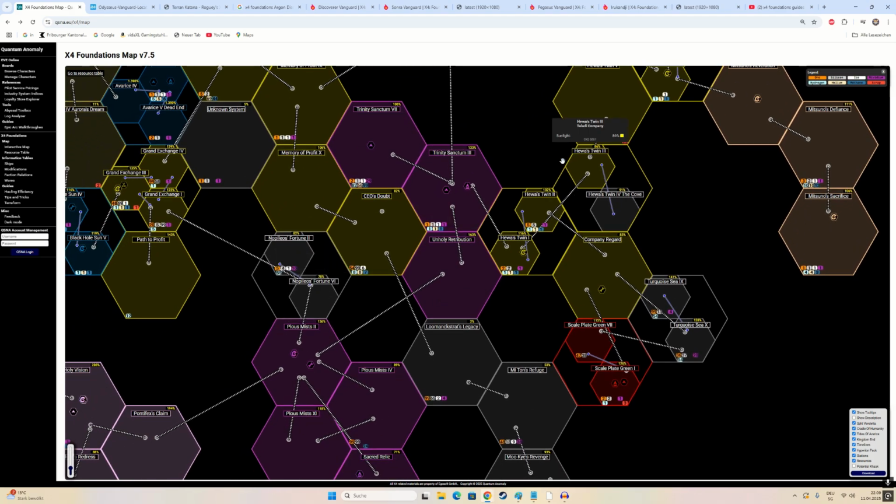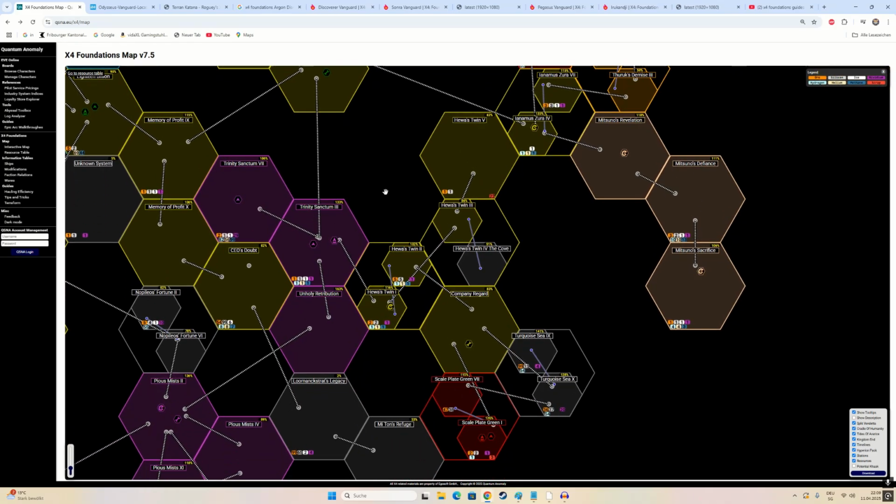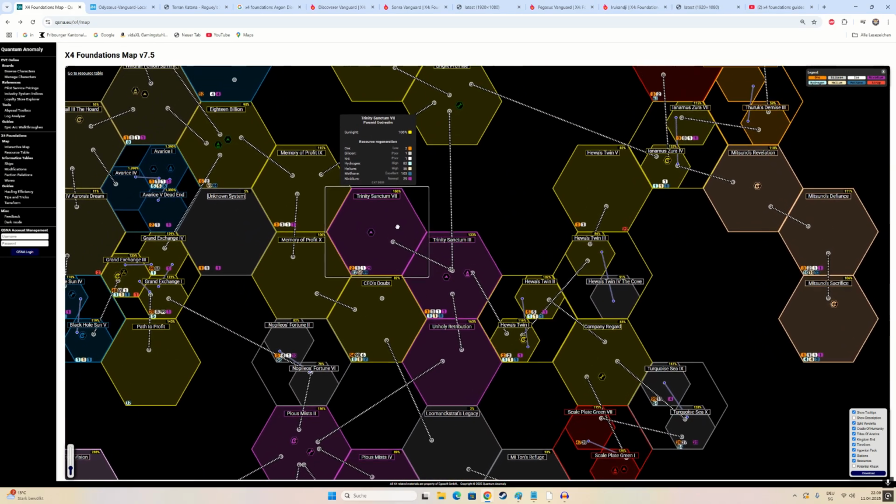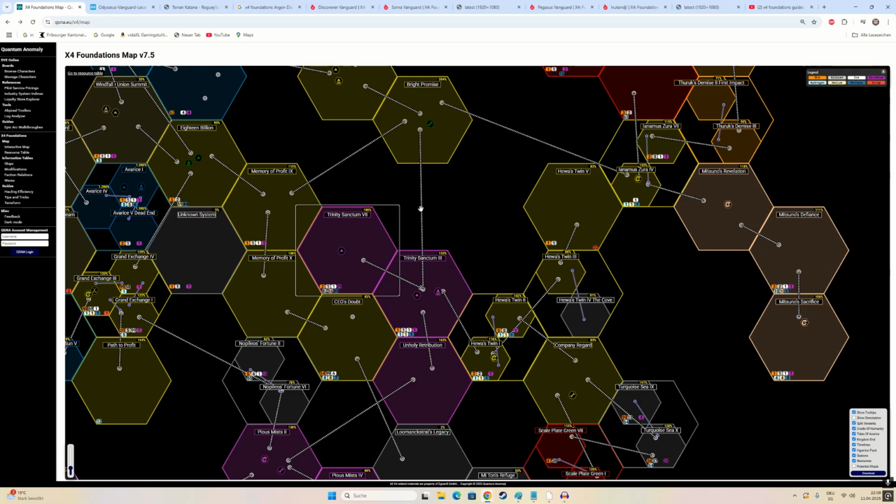You can Google and look for other guides. They will tell you a couple good places. Like, for example, Trinity Sanctum 7 is a really good place. Here you can profit a lot from